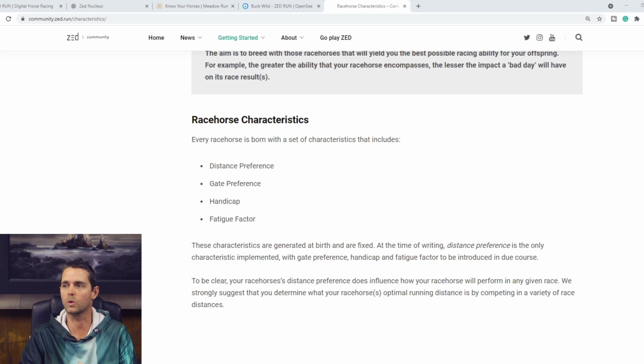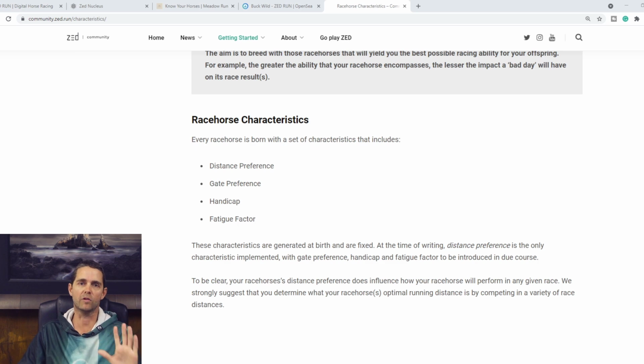Now, I have heard straight from the developers that there are potentially other characteristics as well. Things like weather preference, so does your horse prefer sunny, dry, fast tracks as opposed to rainy, wet, heavy tracks? And also location preferences, as in, does your horse prefer to run, for example, this might not be exactly accurate, in the northern hemisphere as opposed to the southern hemisphere? Or does your horse prefer a particular continent or even a specific race event or race track? They could all be things that are implemented as preferences or traits in the